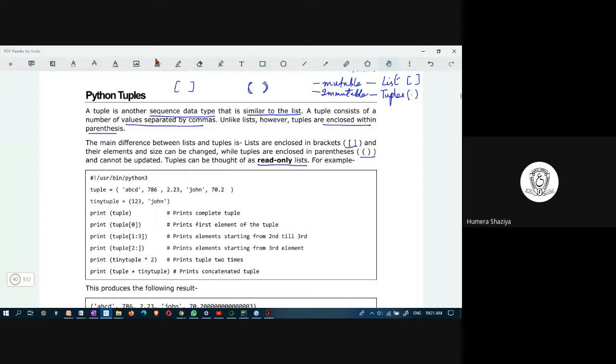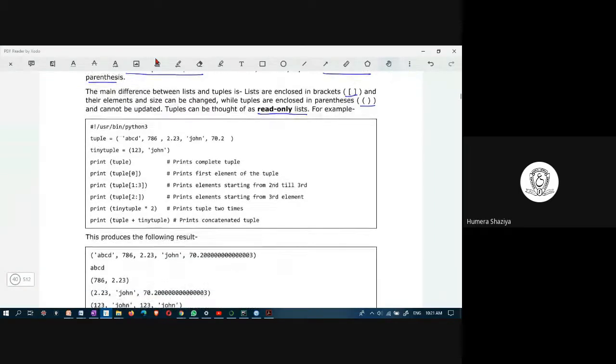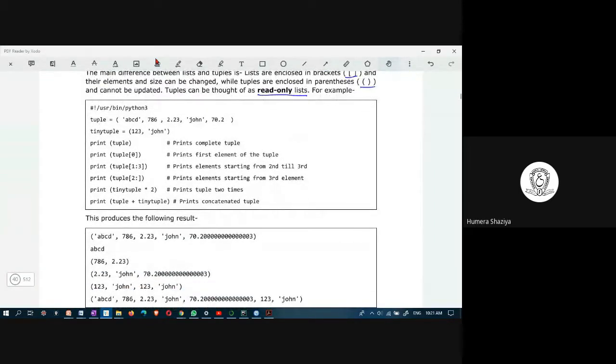So tuple is here you are declaring exactly similar to list, same values you see. And tiny tuple also same values. Everything remains the same, except that if you try to add some element to this tuple, it won't allow. That we will see later how it won't allow and how list allows. But right now, just try to understand the basics. This is the declaration of tuple along with initialization.